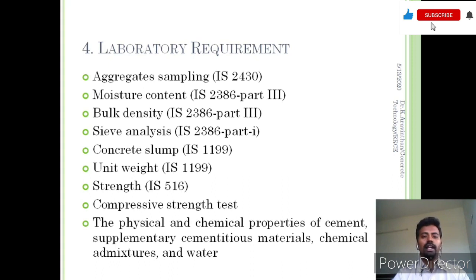For sampling aggregate you have to use IS 2430, and also check moisture content, bulk density, sieve analysis, concrete slump, and unit weight of concrete. We should also have a testing facility for conducting compression tests. The physical and chemical properties of cement and cementitious material should be tested in the laboratory itself.